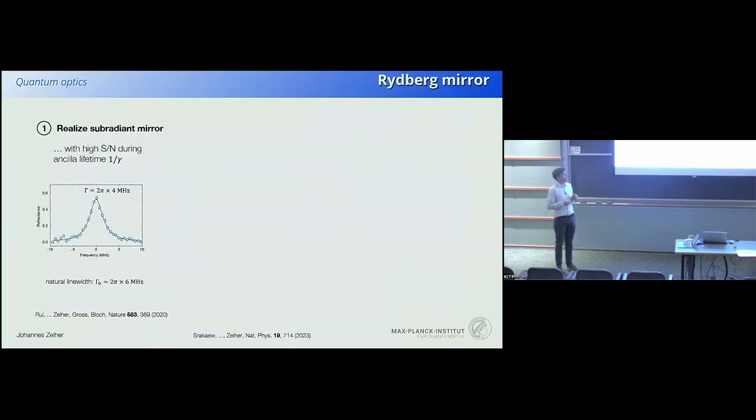All right. How does our experiment now look? Well, it's very simple. It's exactly repeating the steps in the experiment that I was showing you conceptually before. So first of all, we set up our standard mirror response. Again, this is a subradiant response. It's the same distance, same spacing as before. The only thing we have to make sure is that we can get the same signal to noise that we got in our first work, but during the lifetime of the Rydberg ancilla,